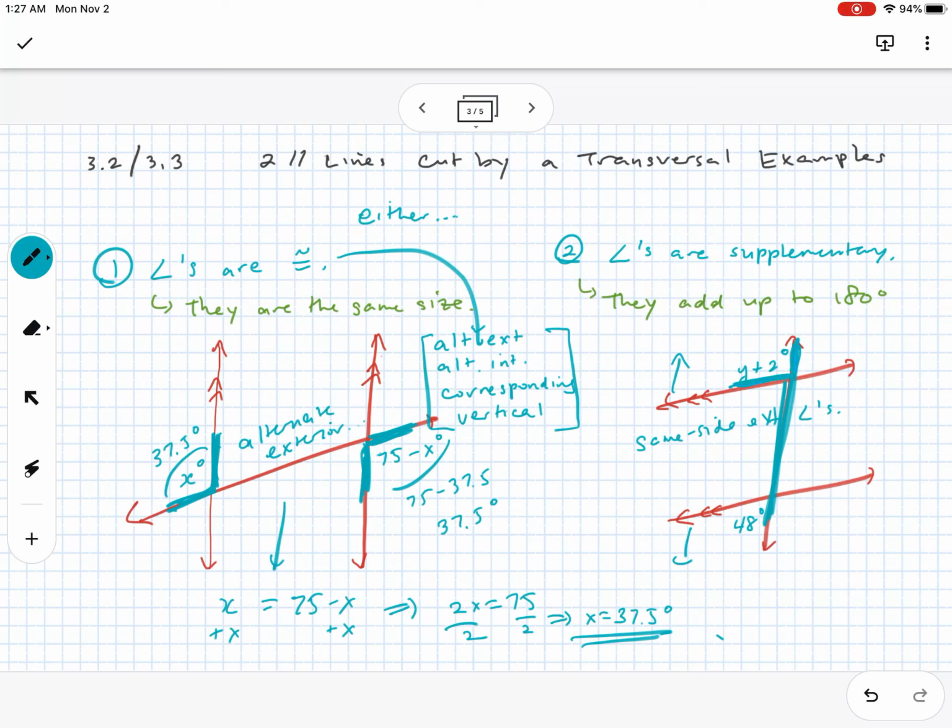angles, right? And then once again, when we look at the pizza slice, so this one looks like it's a little bit on the bigger end, and then this one looks like it's a little bit on the smaller end, right? So it would be foolish to say, okay, that they're the same size, right? So the other relationship is that they have to add up to 180. So the way that we write that out is y plus 2 and 48, instead of putting an equal sign here, which we did in the previous example, right? What we would do is we would say that these guys have to add up to 180 like that. And then this becomes another algebra problem. So y plus 50